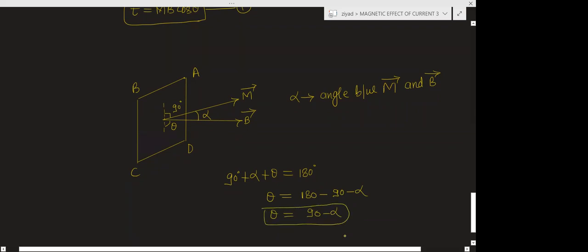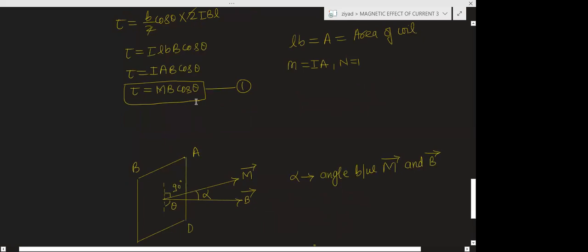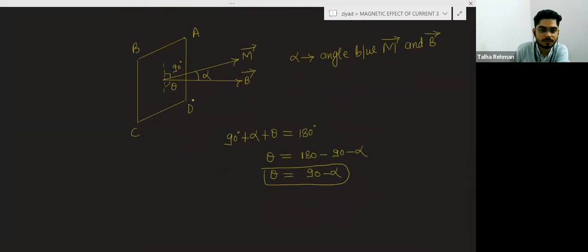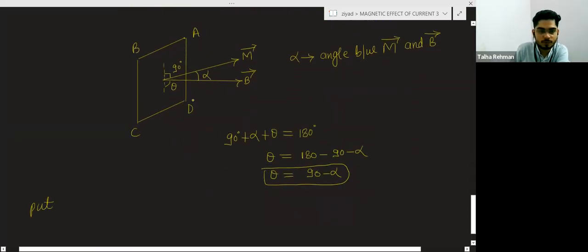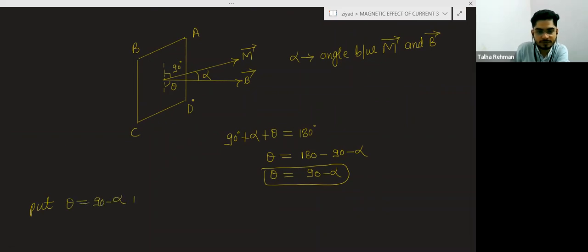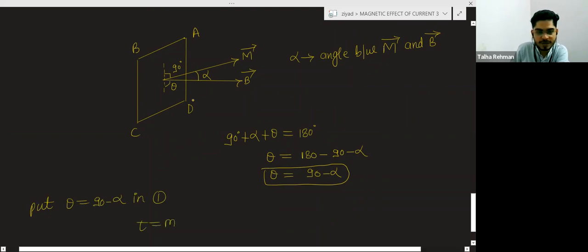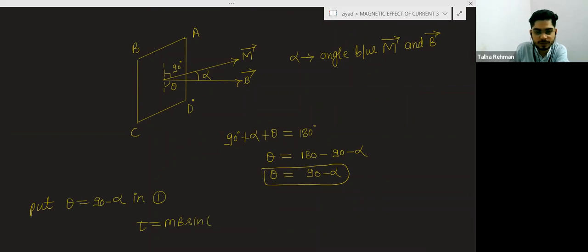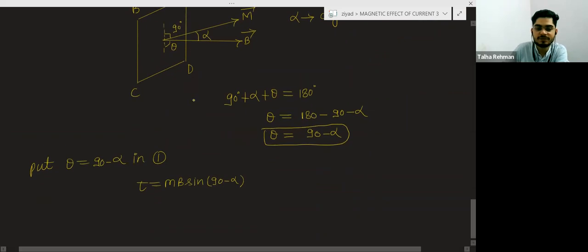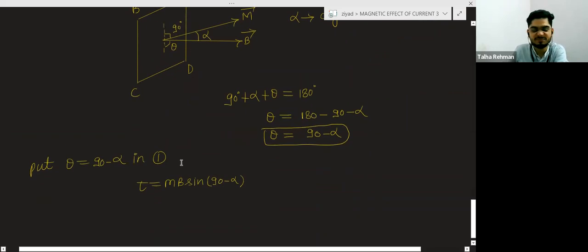Now you will put this theta in equation number 1. Put theta is equal to 90 minus alpha in equation number 1. So torque is equal to mv sine, and instead of theta we will put 90 minus alpha, and sine 90 minus alpha is equal to